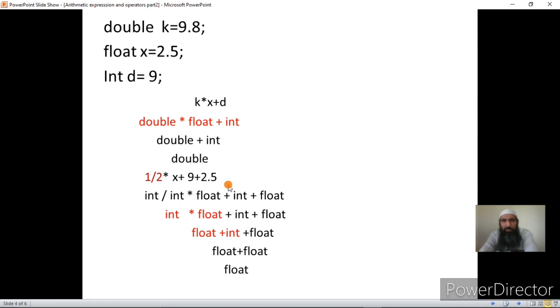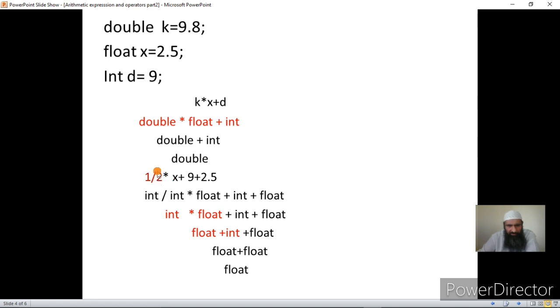But why are we being told this? If the compiler already knows this, we are being told this because we should understand how the compiler works. Then only will we know the order in which the operations will be performed in the arithmetic expressions that we have written in our programs. And once we know the order, then we can generate the results in our arithmetic expression the way we want. Okay, now we have got this expression.